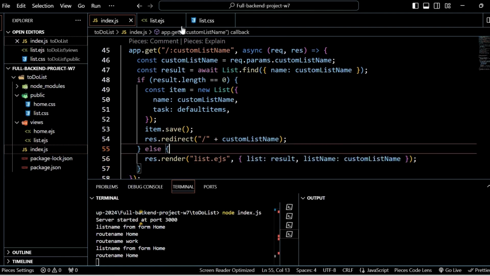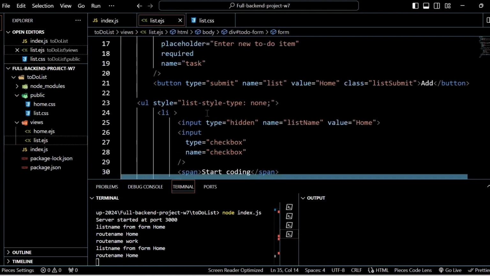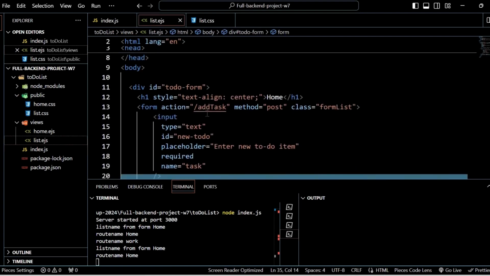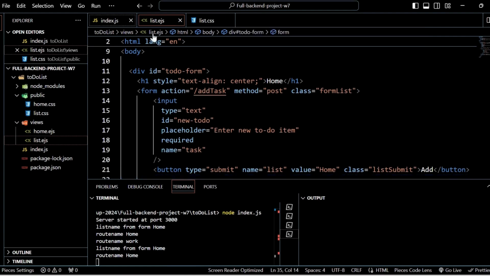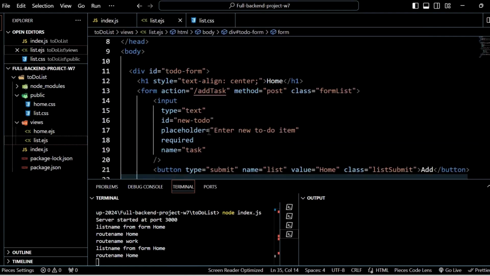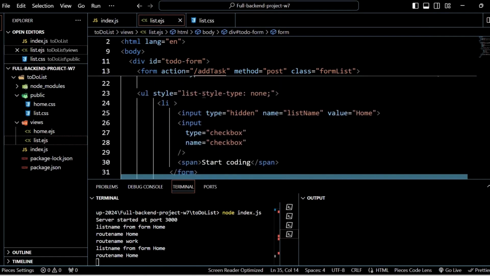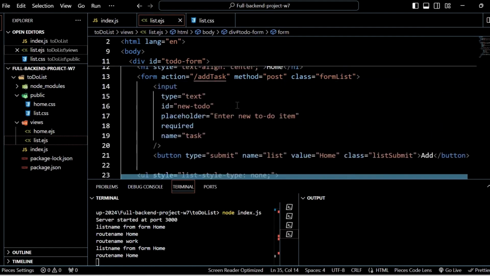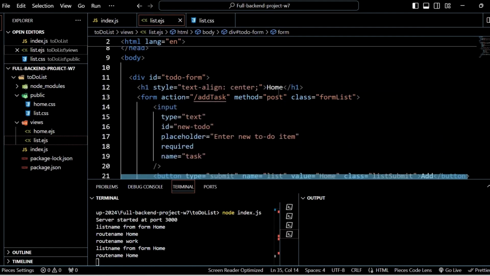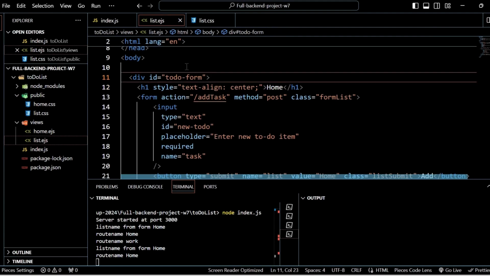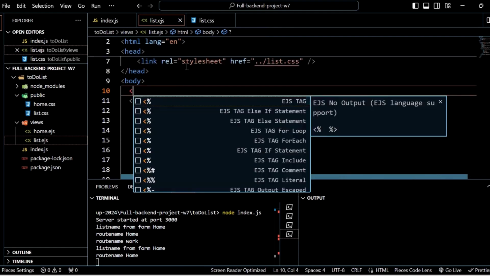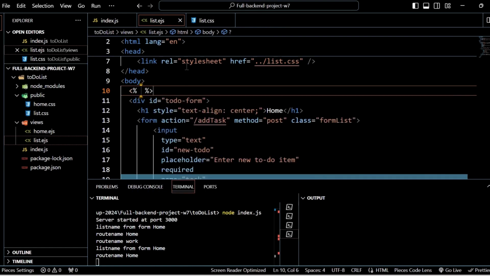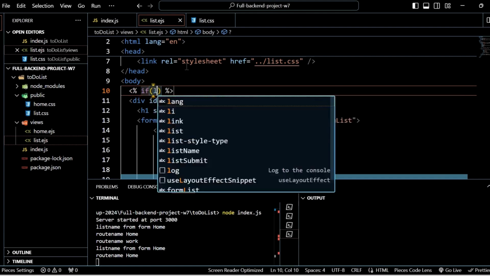So obviously now we're sending all this where? To list.ejs. So now we have to use our EJS commands, right? We use that EJS to make some changes in here. So we are sending list, and here I'm going to add in some bit of code that will display our list name. So here instead of home, I want to display that particular list name. So what I'm going to do is create, if you're writing something, you have to open up the EJS tag and click on tab. So here if you find locals